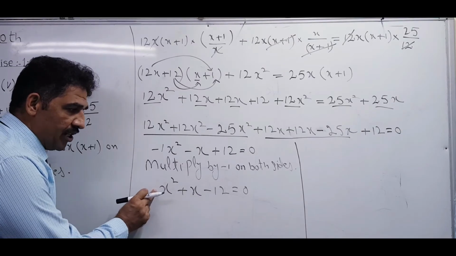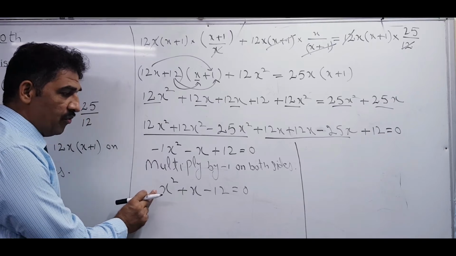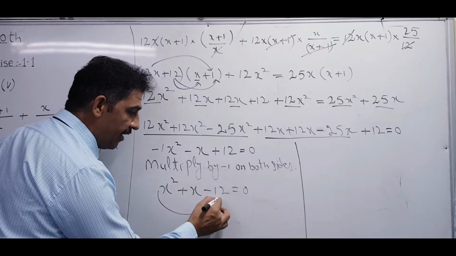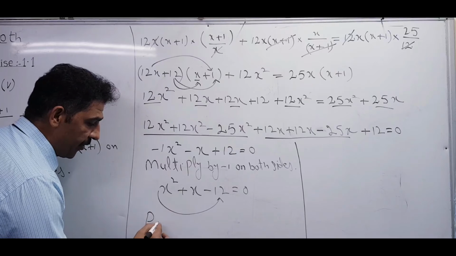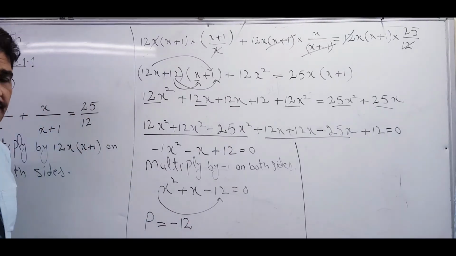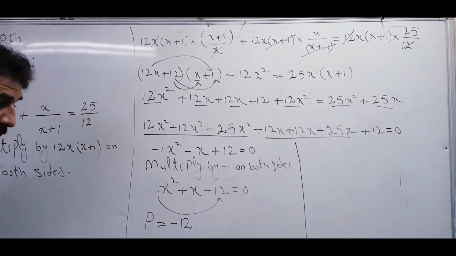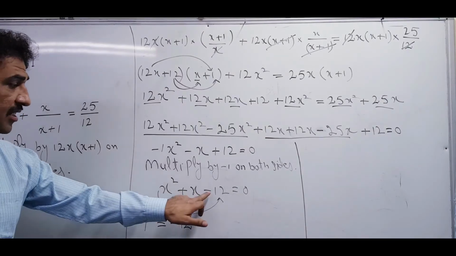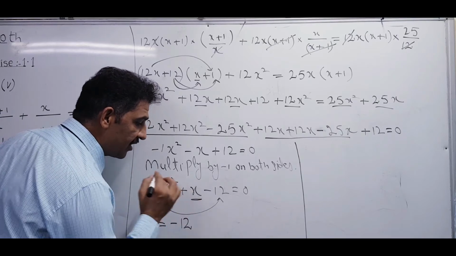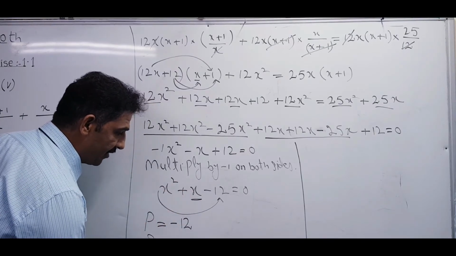What is factorization method? Check what is the coefficient of here. Its coefficient is equal to 1, and that is the first and the last term you have to multiply, and you will get the product is equal to minus 12. What is product? Minus 12, because this sign will also include the second term. It is called sum. It denoted by s.